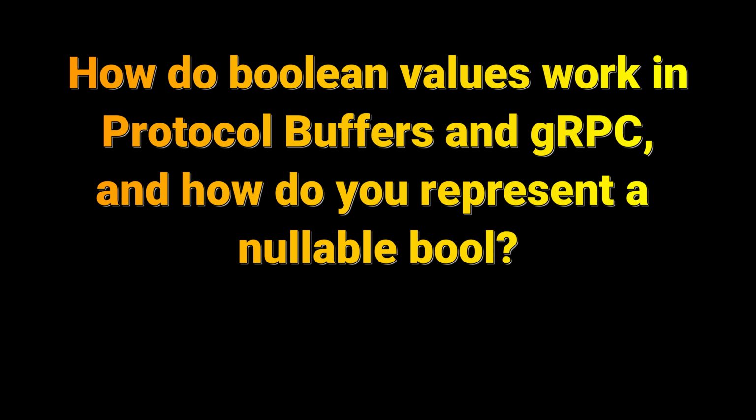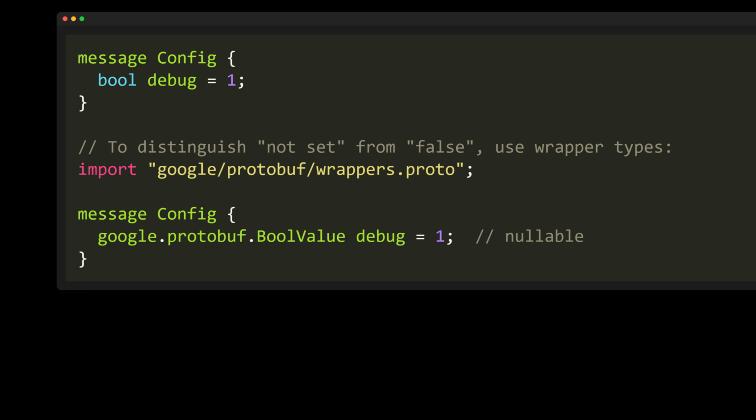Question: how do Boolean values work in protocol buffers and gRPC, and how do you represent a nullable bool? In protocol buffers, a bool is a scalar type with a default value of false. In Proto 3, if a bool field is false, it is not serialized on the wire, which means you cannot tell the difference between false and not set. If you need to distinguish those two states, you should use a wrapper type like